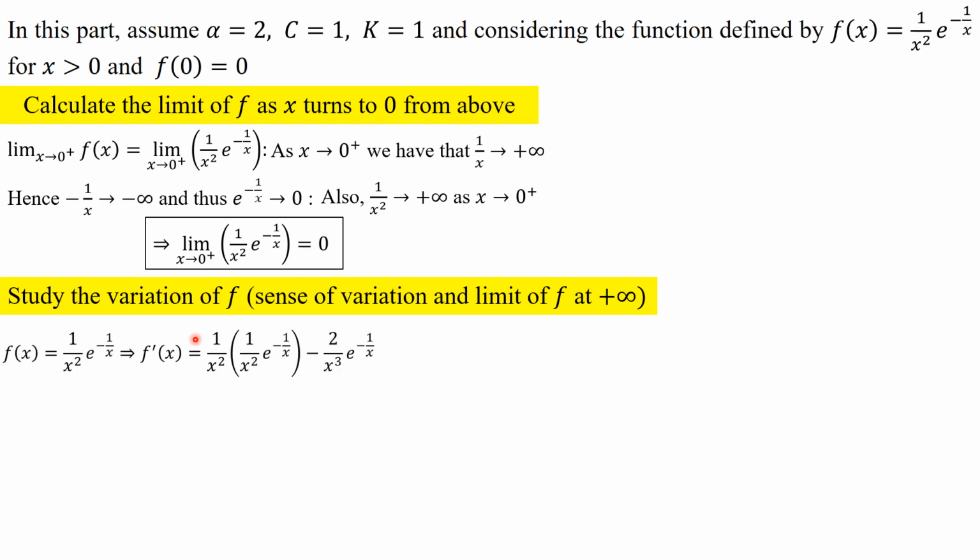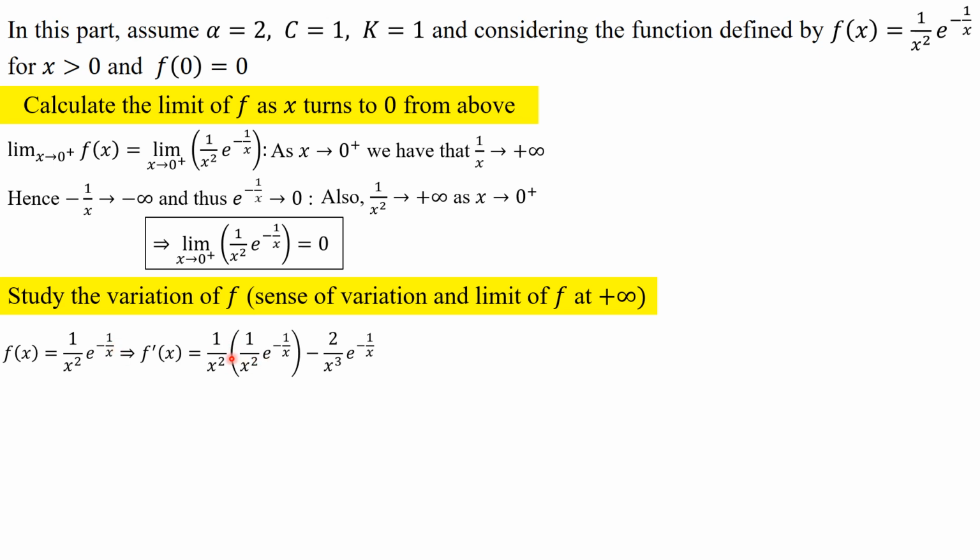Alright, so the function is given by 1 over x squared e raised to the power negative 1 over x, so we need the first derivative. So we use the product rule. For the product rule, let's begin by keeping 1 over x squared constant. So keeping the function 1 over x squared, we differentiate e raised to the power negative 1 over x. So differentiating e raised to the power negative 1 over x, we differentiate the function in the power, and then we multiply by e raised to the power negative 1 over x too.